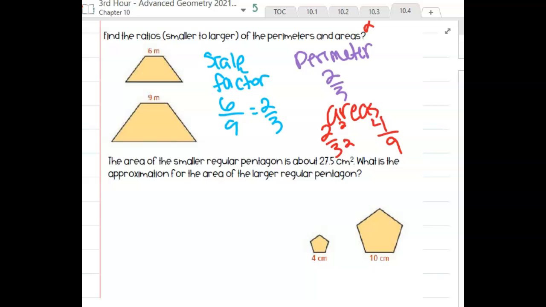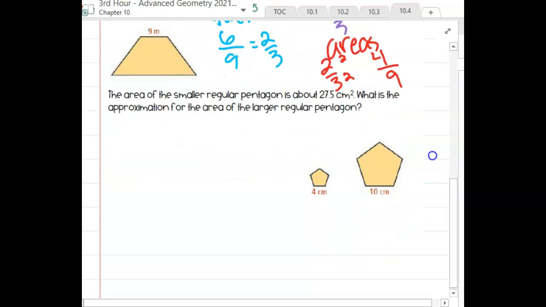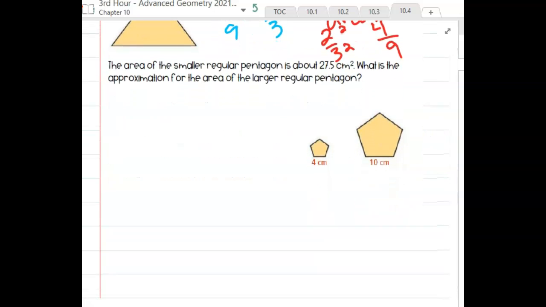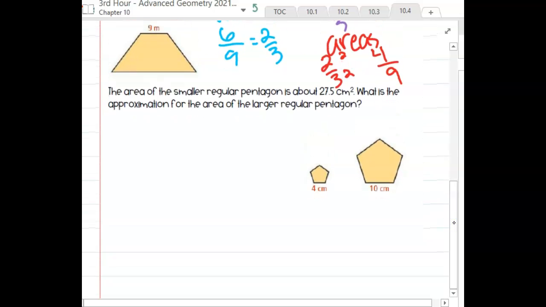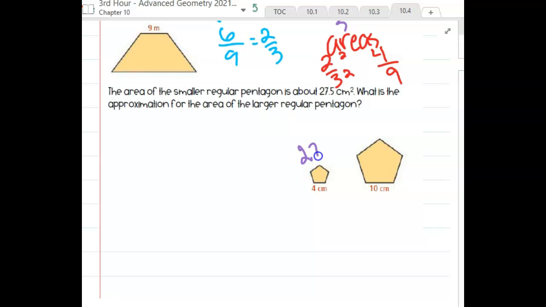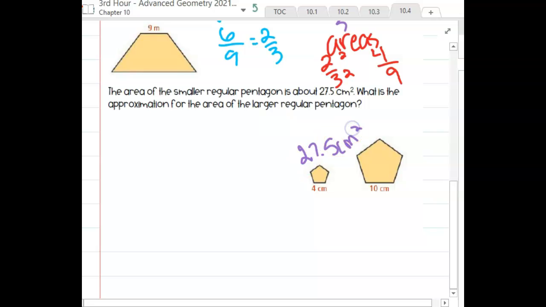So that's one of the things you're going to be doing today, but now to actually put this to use, because it kind of just seems like we're doing math for the fun of it, which is totally fun, but to kind of put this to use, we can use this idea to find areas, okay? So I have these two pentagons here. It tells me the area of the smaller regular pentagon is about 27.5, not exactly, but it's about 27.5 centimeters squared. If I want to find the approximation of the area for the larger regular pentagon, okay, so these are